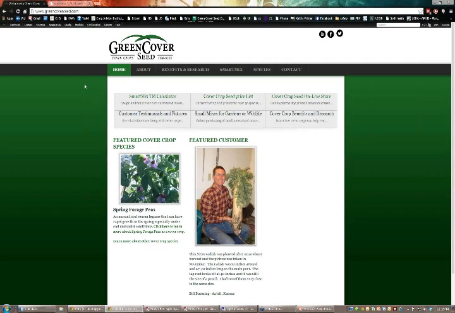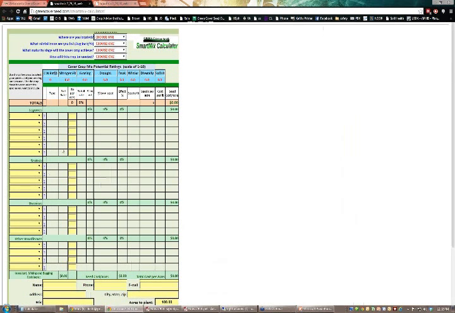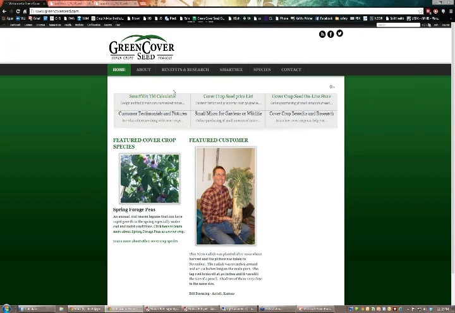The old calculator, right now on our web page, if you click on the Smart Mix calculator, this is what the old version looked like, and it still works, and people can still submit things. They can go in and build mixes with that. But the new one is not quite ready yet, so we have it a little bit hidden here. We're going to try to make it a little bit more accessible. If you go to the Smart Mix tab, it's the Smart Mix 3 Beta. It's a brand new version, and it's got a lot of lines of computer code, so we're still trying to iron out some of the bugs.